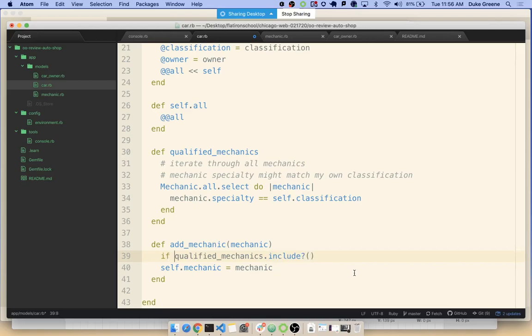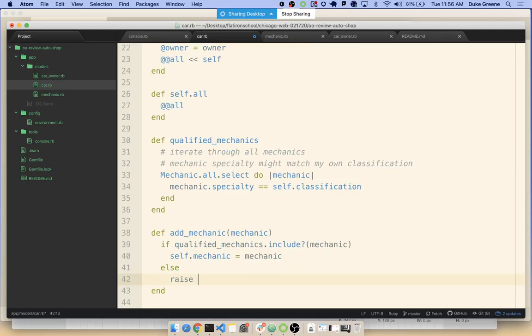I don't think I need to though, because Ruby is going to look at this method and go, there's no local variable called qualified mechanics, and then it's going to make the logical leap of, can I implicitly call a method called qualified mechanics on this instance that I'm in? So I think that's going to work. And then we'll look and see if mechanic is included here, and if so, then we'll set it to self.mechanic. Else, we could say raise, and we could actually be fine here. We could have more fun with this. Raise an argument error,